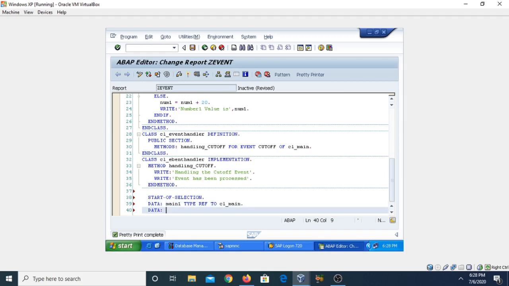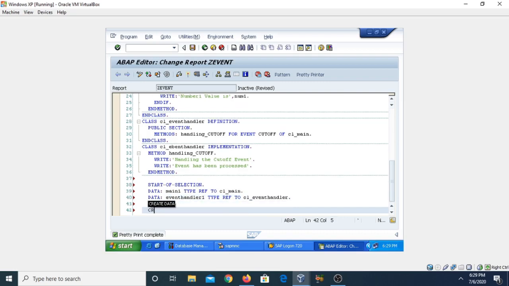Now we are going to create another reference variable, for the handling class. So this is our event_handler1, type ref to the class name cl_event_handler.